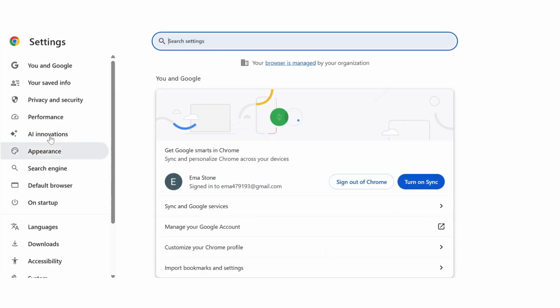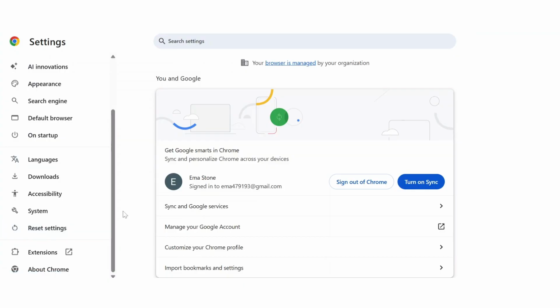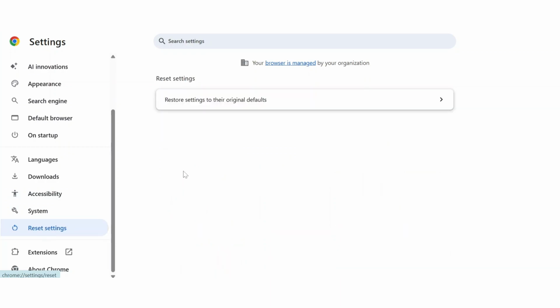And then you're going to head over to the left hand side and search for the option of reset settings. But if you're not able to find the setting, you'll be able to see an option of advanced. Click on that and you should see the setting of reset settings. So you're going to click on it and you should see this option that says restore settings to their original